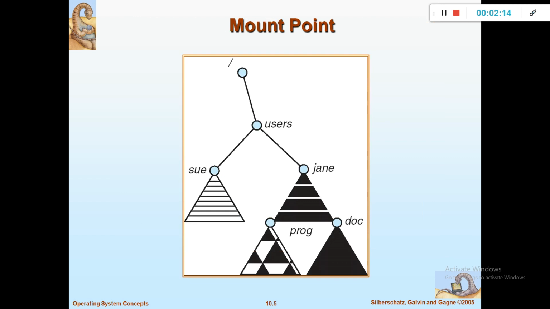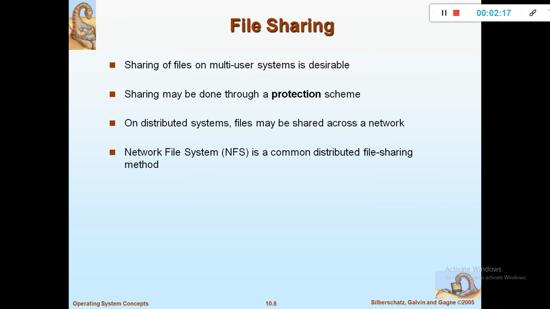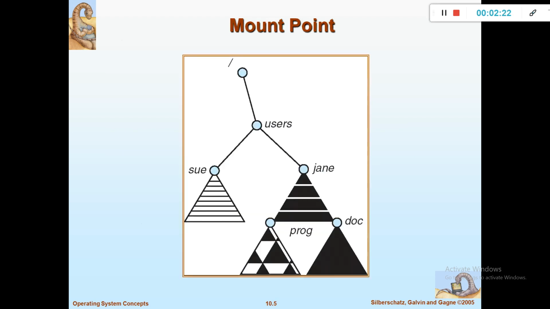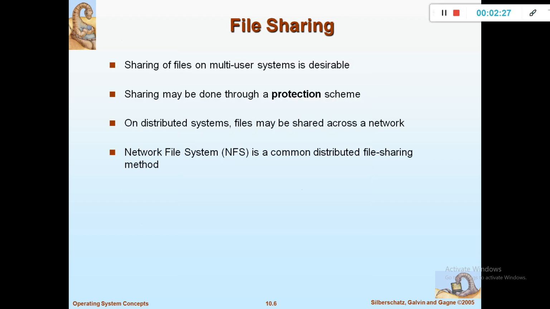So now we can access the information easily, that is mounting and unmounting. Even after mounting, if any part of the file system is not required, you can unmount it. Once you do the mounting, attaching and unmounting, we'll go to the next topic, how to share the files. Sharing is one of the best benefits to save memory space. If there is only one file that is required by 100 or 1000 people, instead of creating 1000 files of the same content with the same name or different names, which is going to waste space, to avoid that we are using the concept called file sharing.